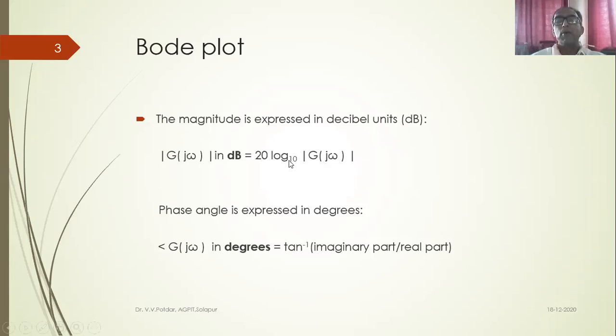Decibel is 20 log to the base 10 of a given parameter. If you remember in sound or acoustic measurement, it was 20 log to the base 10 of P2 by P1. P2 was the unknown sound pressure level and P1 was the reference sound pressure level, isn't it? And 20 log to the base 10 of that P2 by P1 was called decibel magnitude. Our hearing, or sound pollution, is measured on the decibel scale.